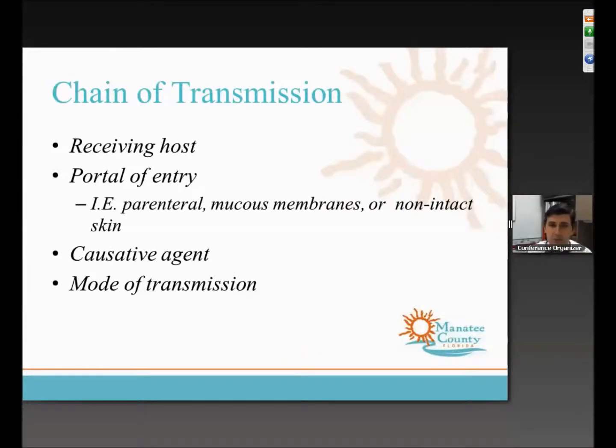All right, chain of transmission. What we want to do in caring for these patients is prevent one of these chains, because if any one of these chains is blocked, it can't transmit from one person to the other. You have to have a receiving host, somebody that is infected with the disease. Secondly, you have to have a portal of entry for the infection or virus to get from the original host